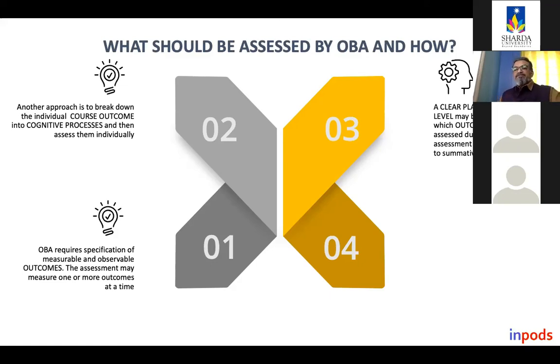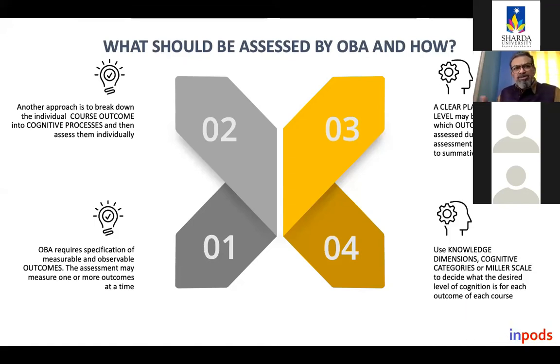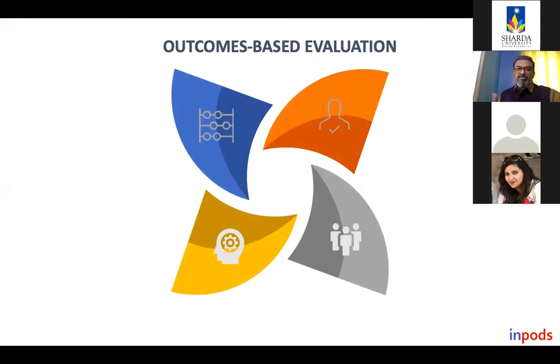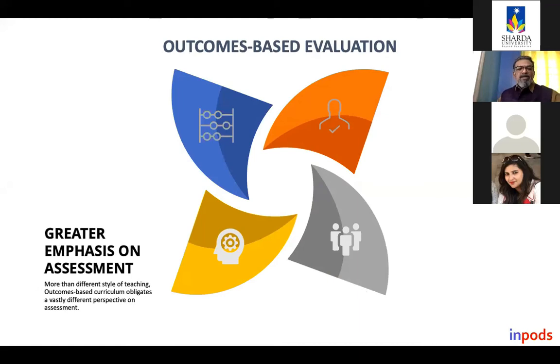In my opinion, a clear plan at each course level may be needed to decide which outcome should be assessed during the internal assessment and which should go to summative assessment. This is also referred to in many accreditation manuals, and also in NEP 2020. And in fact, you will find that more emphasis is now being given to formative assessments rather than summative assessments. And that is where the course file or course plan that we come up with at the start of the semester is important. We'll have to address which assessment should be taken when, and which outcomes it should address. When it comes to outcome-based evaluation, I would say that